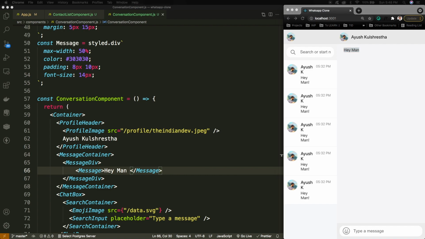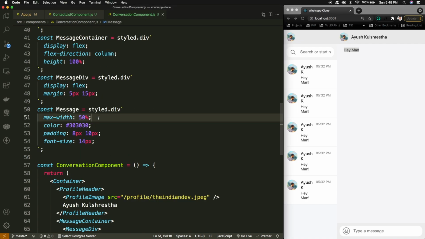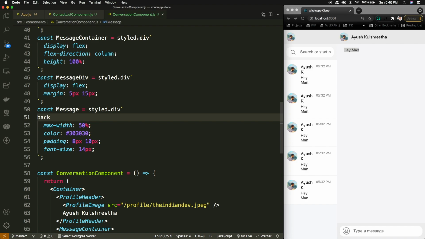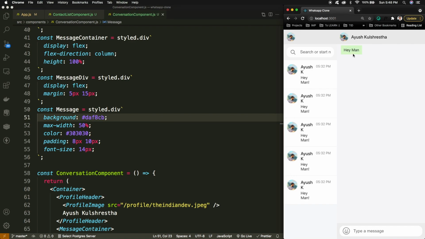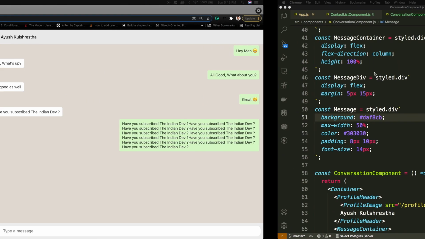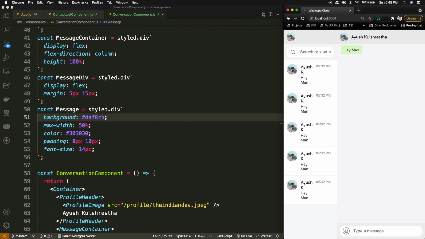Now I just need to provide the background color to my message, so I can simply use one of the colors here. Now you can see that the message is visible again. Before this, we can have this color as the background of the message container.